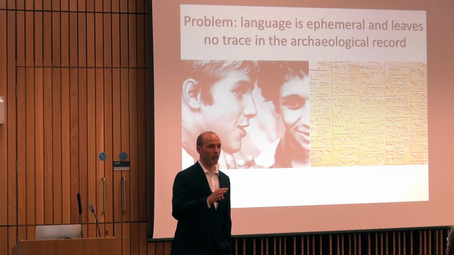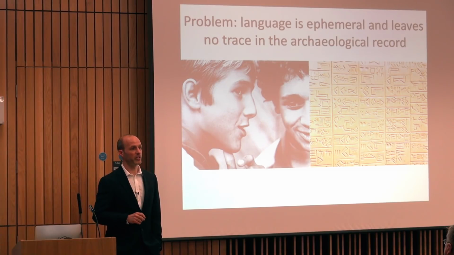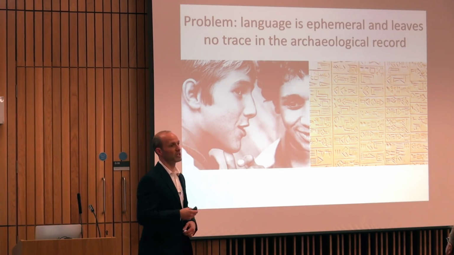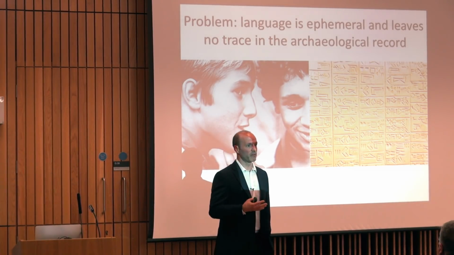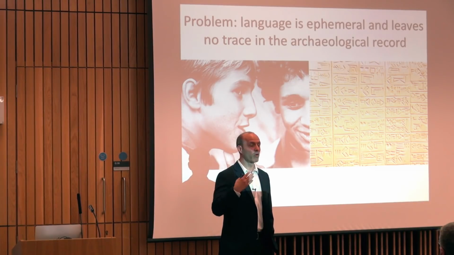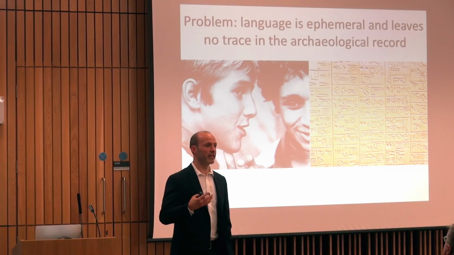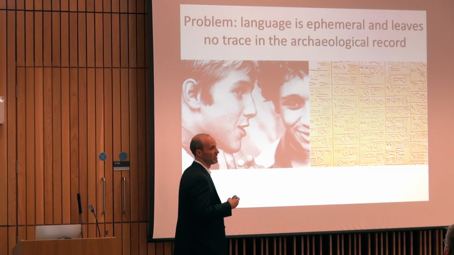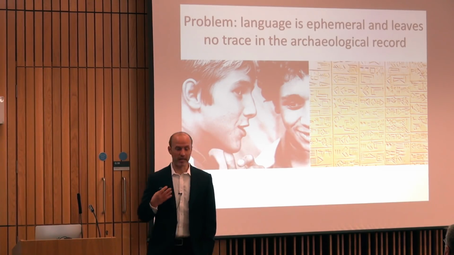Nowadays, we have technologies which allow us to make language permanent. So we can record stuff or we can write language down. But these are really recent, modern technical inventions. So writing's only been around for about the last 5,000 years. And since we know that language must have evolved much longer ago than that, so at least 100,000 years ago, that means that language hasn't been written down for the vast majority of its history. So language leaves no direct trace in the archaeological record. We can't see the first languages because they weren't written down.